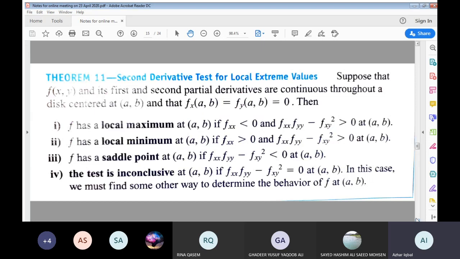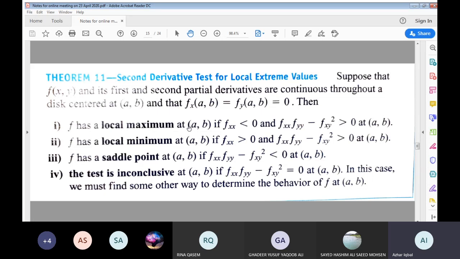Now there is Theorem 11, which describes the second derivative test for local extreme values. Suppose this is a two variable function f of x, y, and its first and second partial derivatives are continuous throughout a disk centered at (a, b), and that the partial derivative of f with respect to x at (a, b) and the partial derivative of f with respect to y at (a, b) are both vanishing. In that case, the theorem states that f